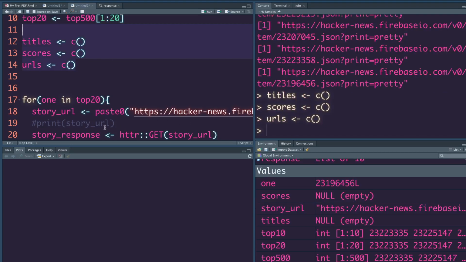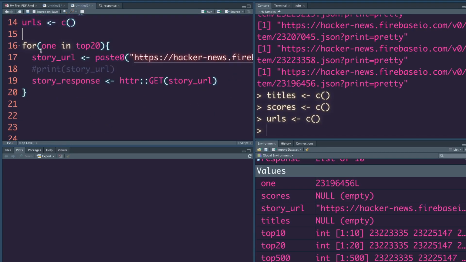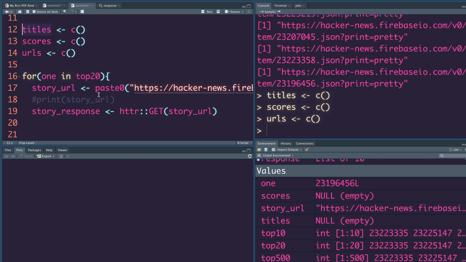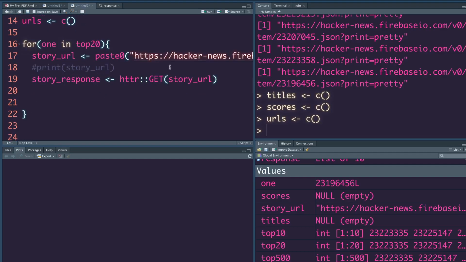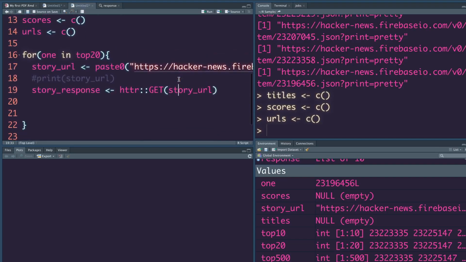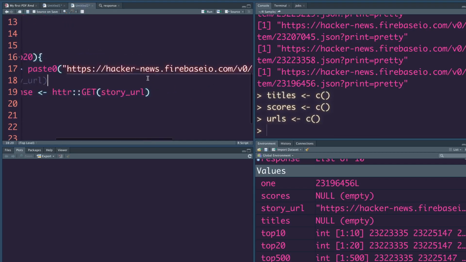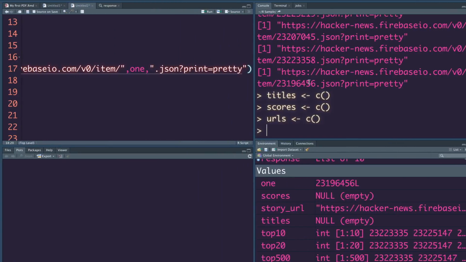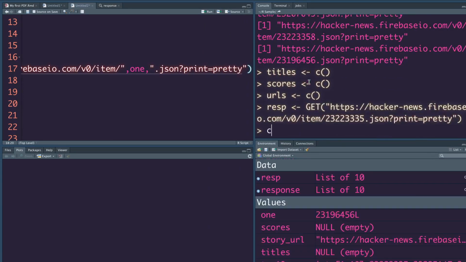So we have created three vectors which we are going to fill. The way we are going to do it is, to simply start with, we can take one of these. For example, instead of 1 to 10, maybe we can start with one simple one. So we'll start with this and then see how the rest goes. We'll call it resp get, and we'll see the content